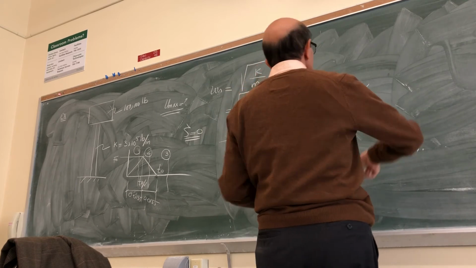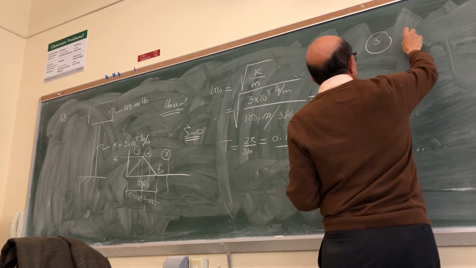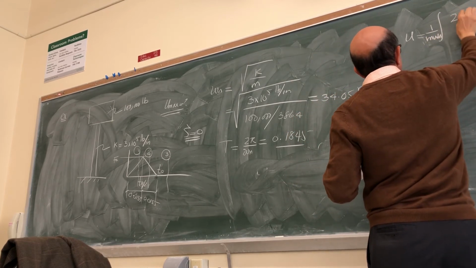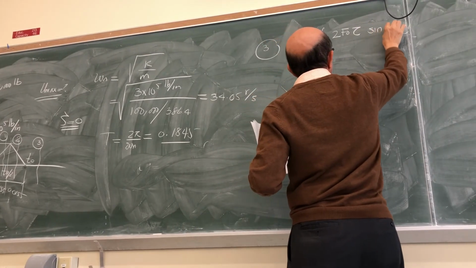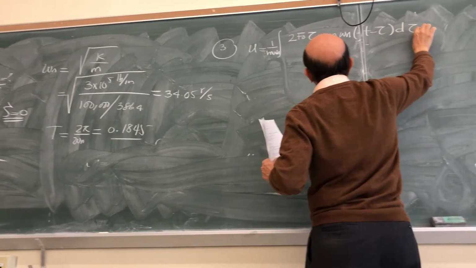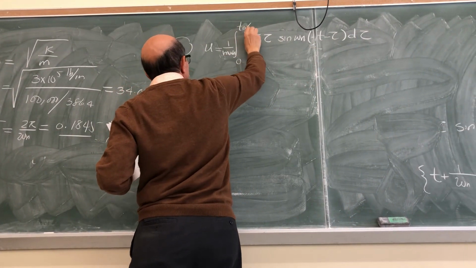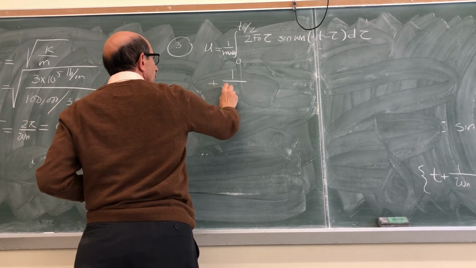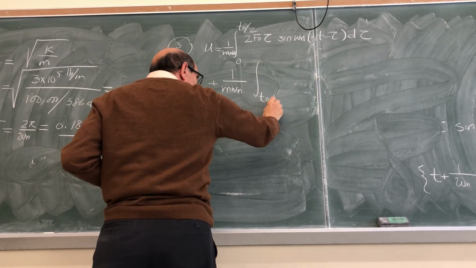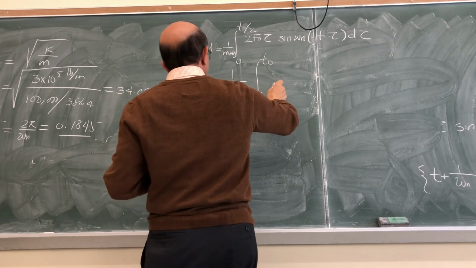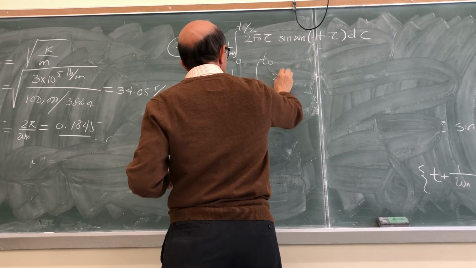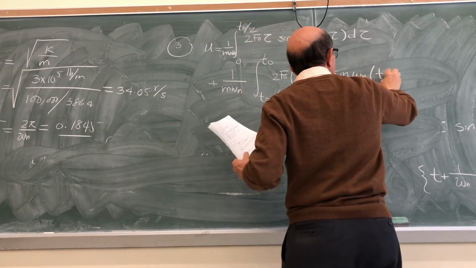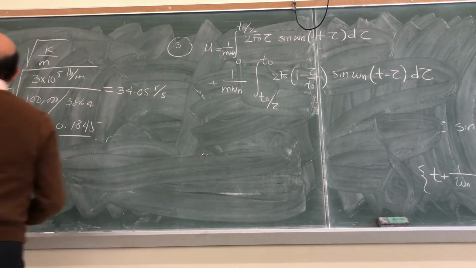Another approach would be, you can just simply write for the third period that U would be the integral, would be this, 1/m⍵n of 2f0 tau sine ⍵n (t minus tau) d tau, the integral from 0 to t0/2, total response from here to here, plus the integral 1/m⍵n t0/2 to t0 of 2f0 times (1 minus tau over t0) sine ⍵n (t minus tau) d tau, which is from here to here,